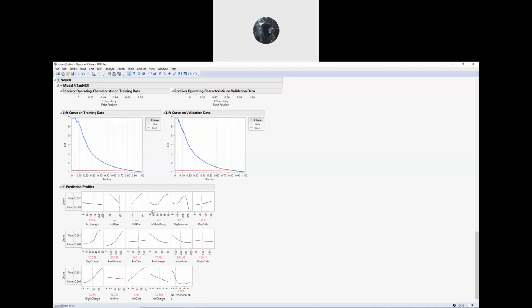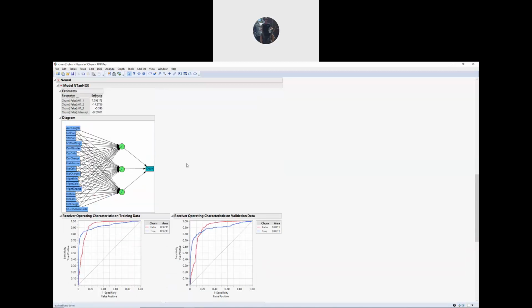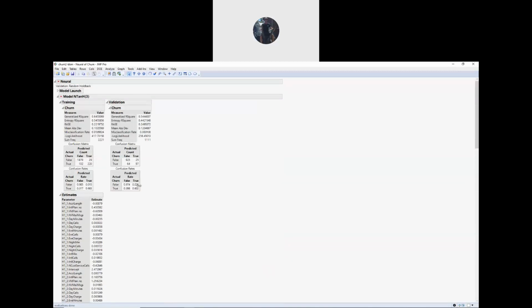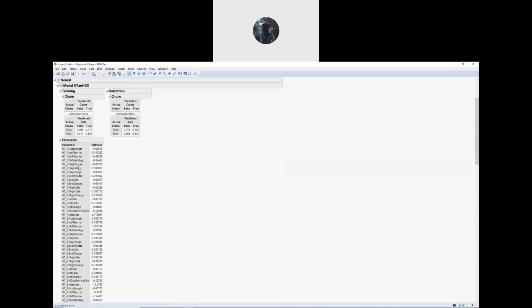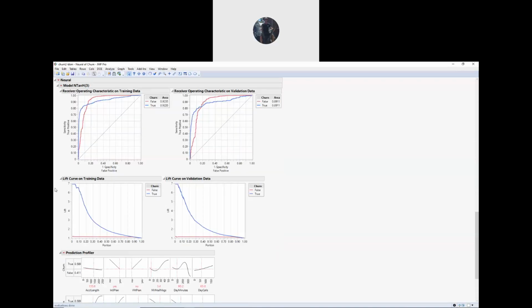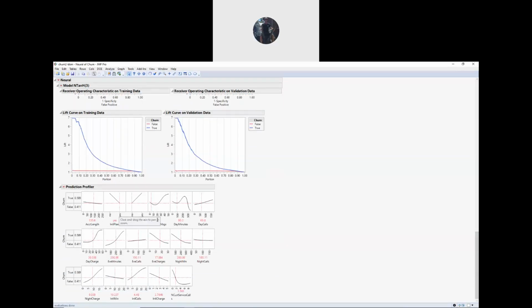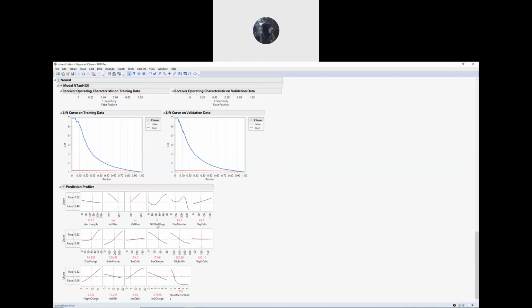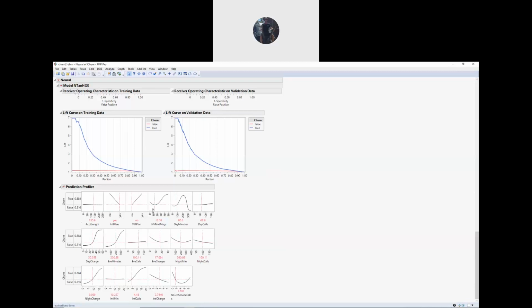So what that would say is the relationship changes. So let's say when it starts out here. So we're starting at about 60/40, right? And so this one would say that if there's no voicemails, then nothing's happened. So let's say you get 10 voicemails, you're more likely to churn. And if you go to 20,